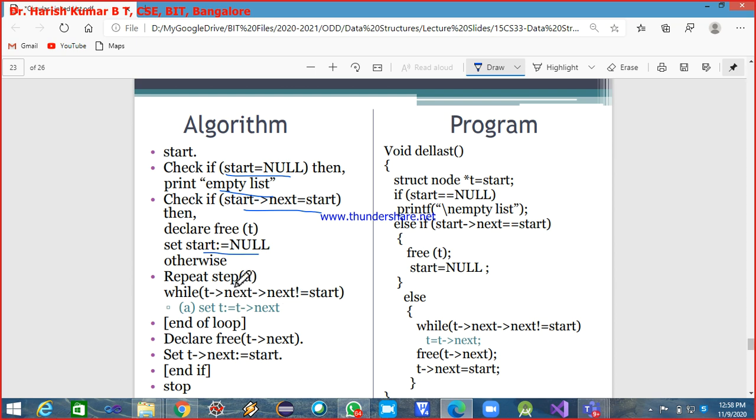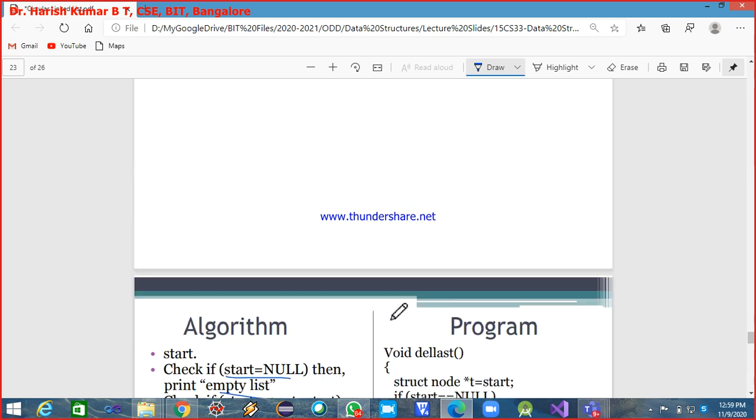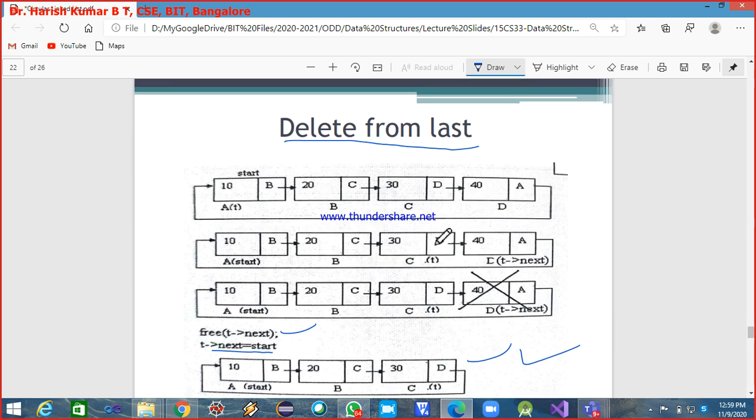When we were doing the delete from front, we wanted t to point to the last node, and the condition we were checking was t arrow next not equal to start. Now, because I want my t to stop here itself, t is this, and t arrow next is nothing but this node.